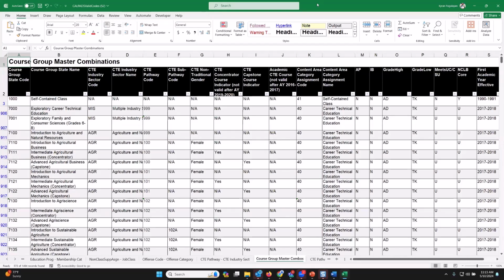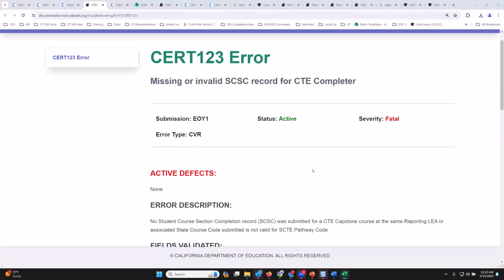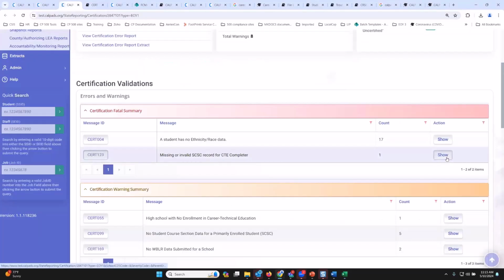But this is essentially saying that the error was saying that, hey, you're telling me that this student is a CTE completer this year, but I don't see the SCSE record for it. So let's go back to the student. I click on show.